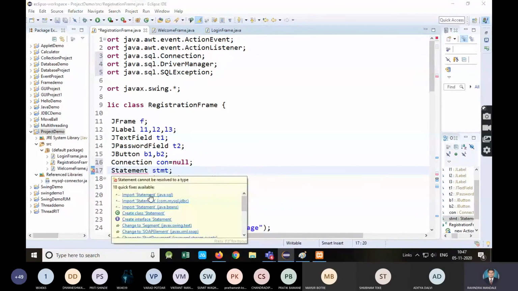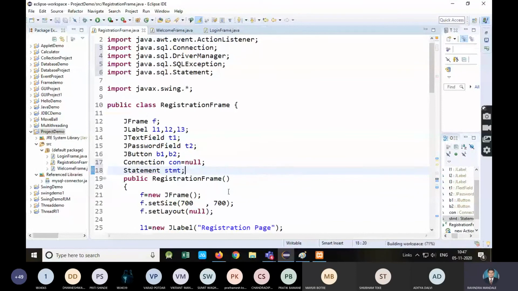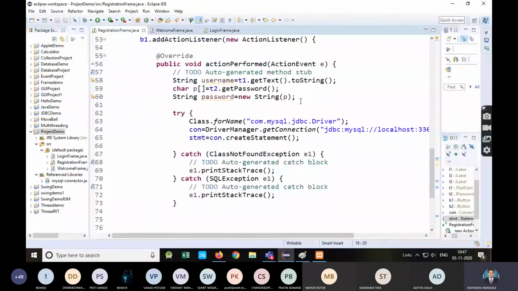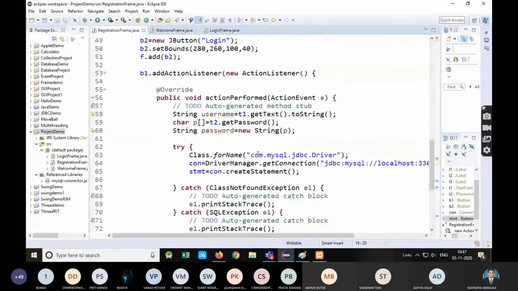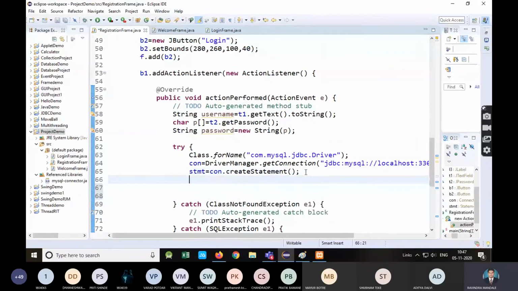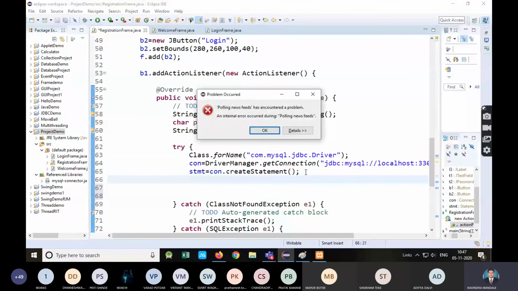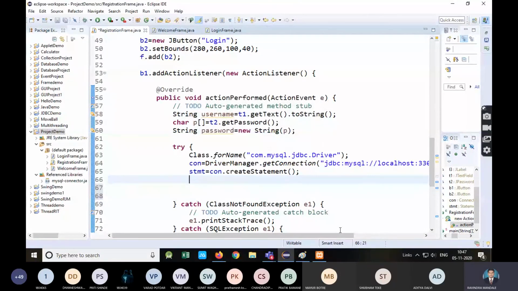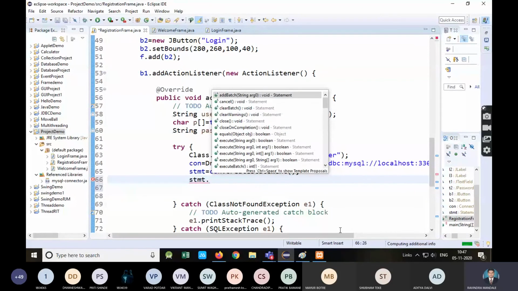Statement is also an interface. Import that. Next, what is next? Now you need to execute the query. Which query do you need to execute? Insert into table values. For that purpose, which method should you call? Execute query or execute update?